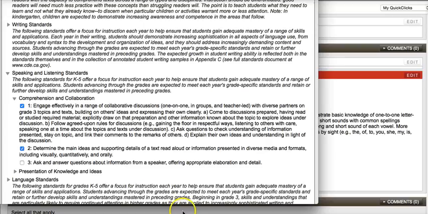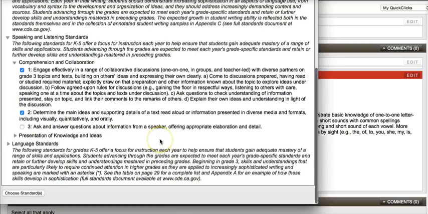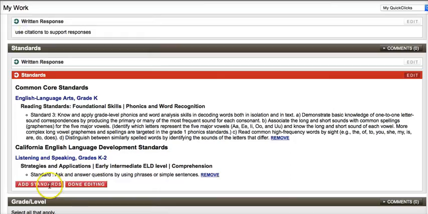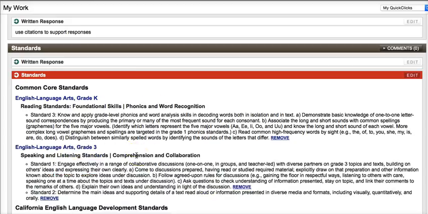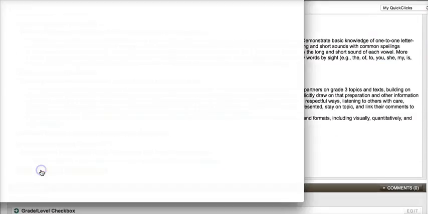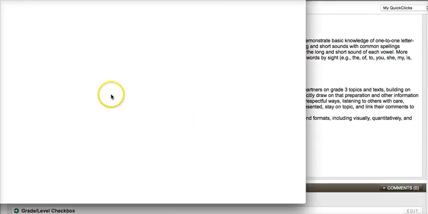And so here I say that is done. So I've chosen my standards. And I'm not through, however. I must now go back and select more standards, add standards, so I add it to the unit. Then I'm going to go back and add another standard because